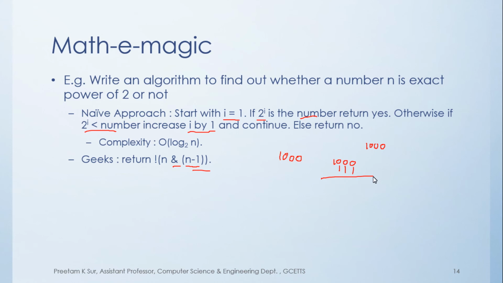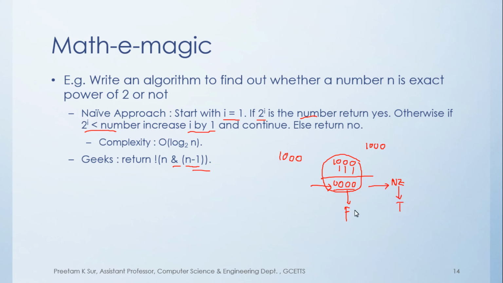Now if you perform bitwise AND over here, you will get all the bits as 0. You know that 0 means false in C and in most programming languages, and non-zero means true. This scenario will happen only if the value of n is an exact power of 2. Otherwise this bitwise AND operator will never give you 0. It gives you some non-zero number, which essentially means true.